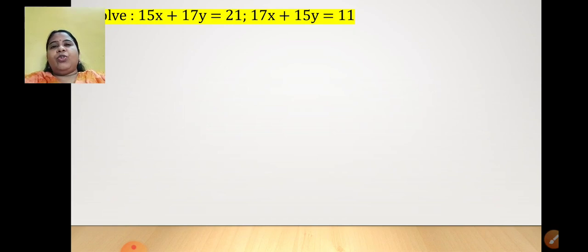So in 1.1, question 1 is omitted, that is an activity. Question 2 also. Only the last two questions are there, that is the 7th and the 8th sum. Now it is based on this type of question.